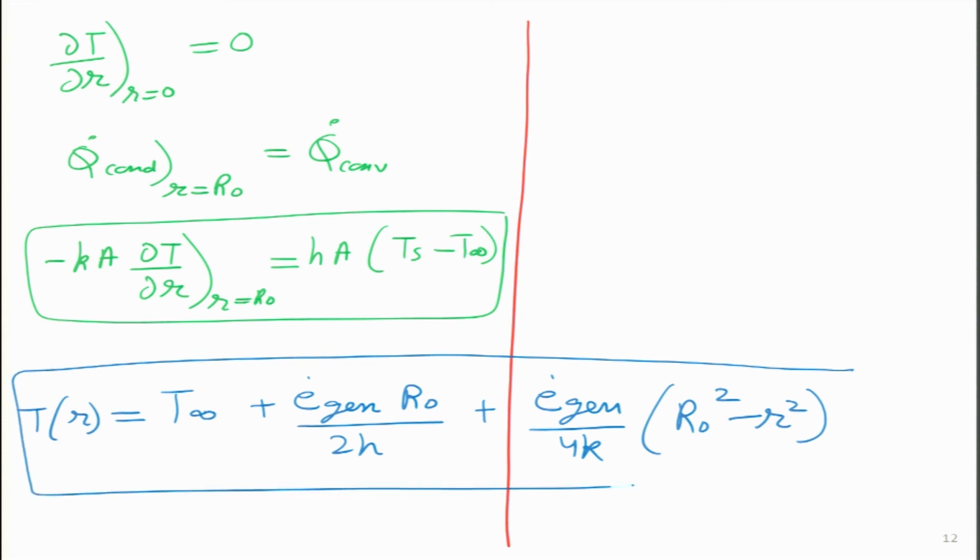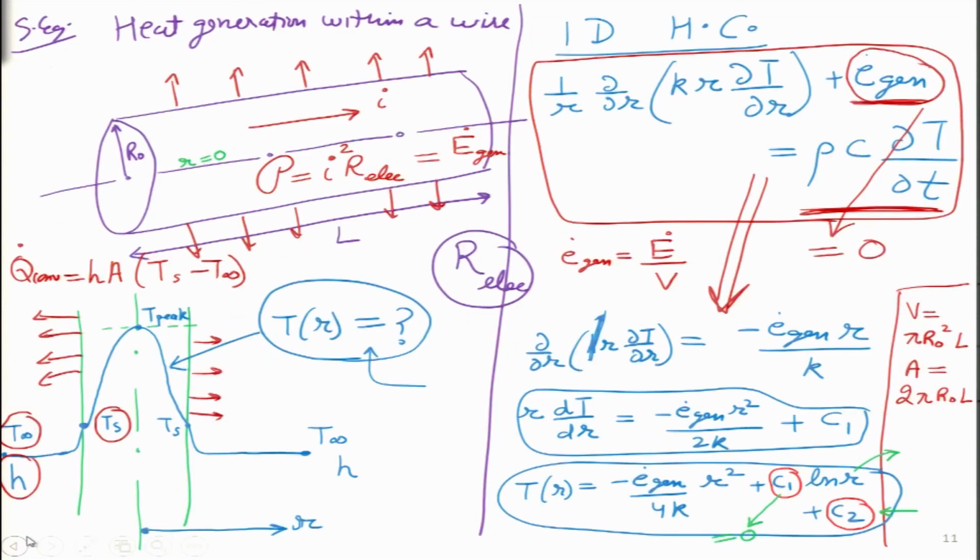I would encourage the audience members to do some of the missing steps in between and try to figure out whether they are able to obtain this final equation over here. Believe me, it is very simple and straightforward, because we are just solving an ordinary differential equation. We just have to integrate it a couple of times and apply boundary conditions. I am very confident you will be able to do it yourself.